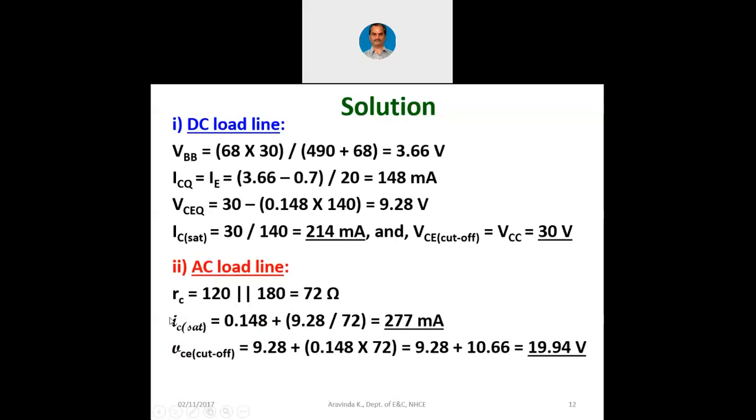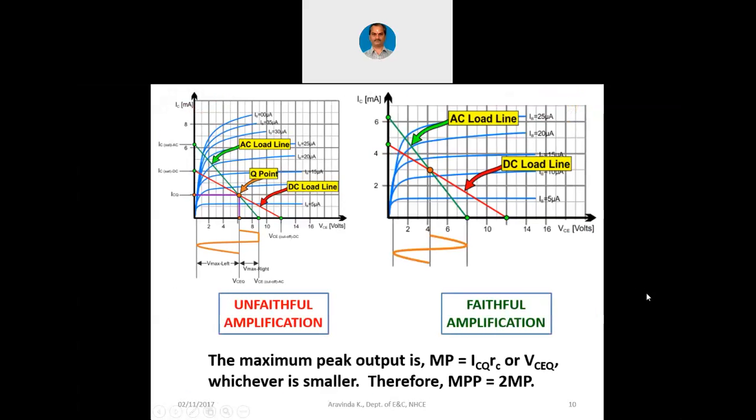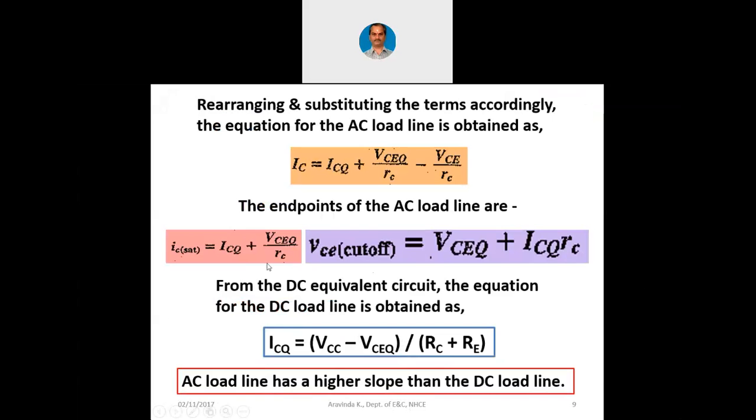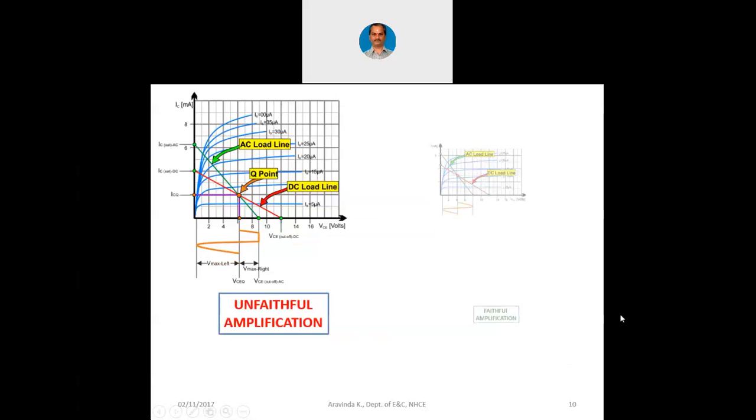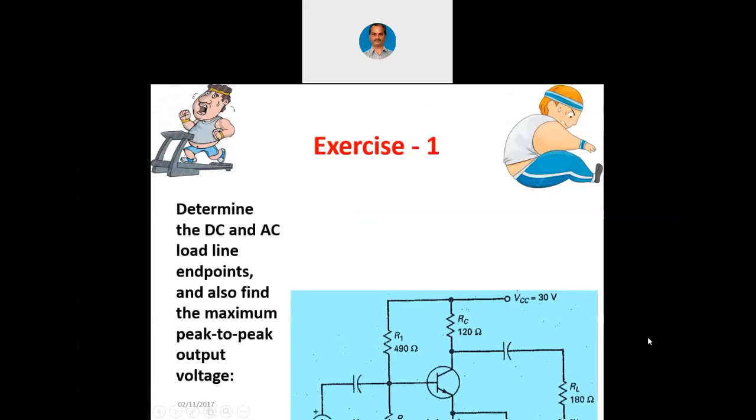Now IC SAT and VCE cutoff, applying the AC load line equations as I showed you here. Here, IC SAT is ICQ plus VCEQ by RC, and VCE cutoff is VCEQ plus ICQ into RC. Now using these two formulae, and later on I am going to use this formula also. Maximum peak output is ICQ into RC or VCEQ, whichever is smaller. So that way